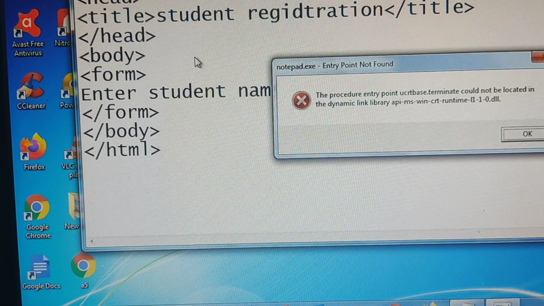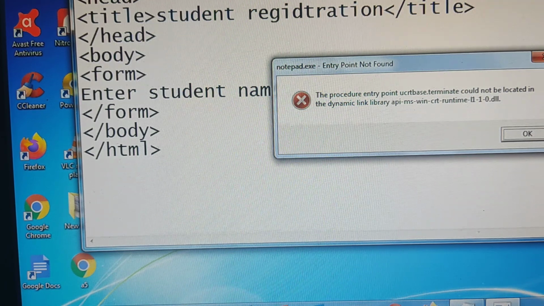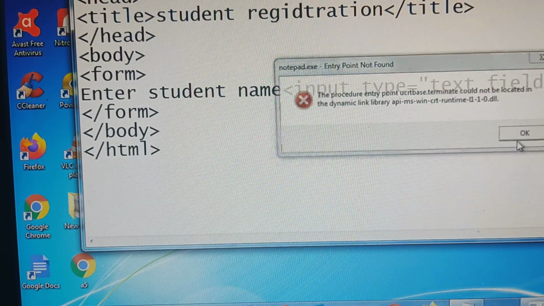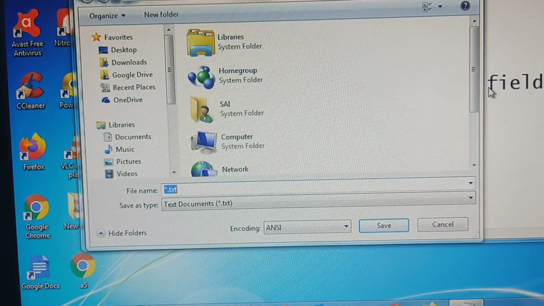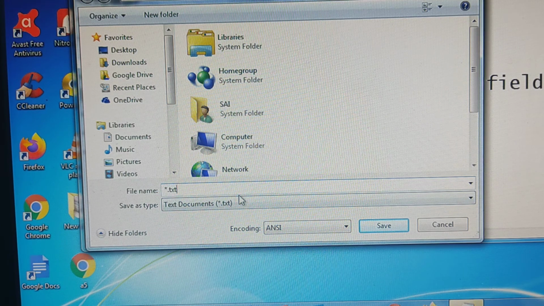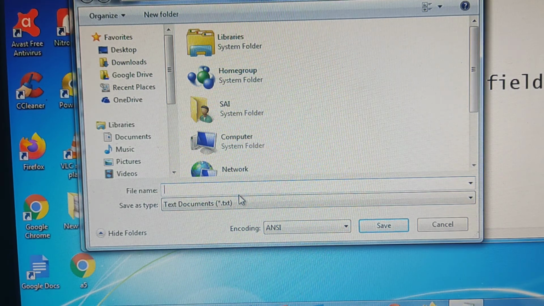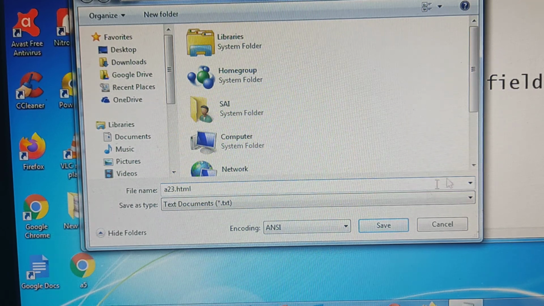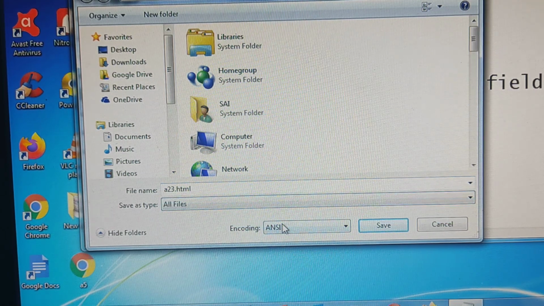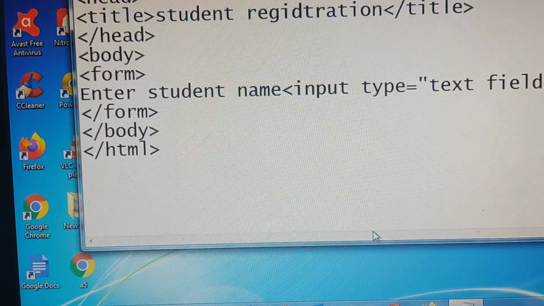Save it. I am giving the file name as a23.html, saving as all files, and the location is desktop.